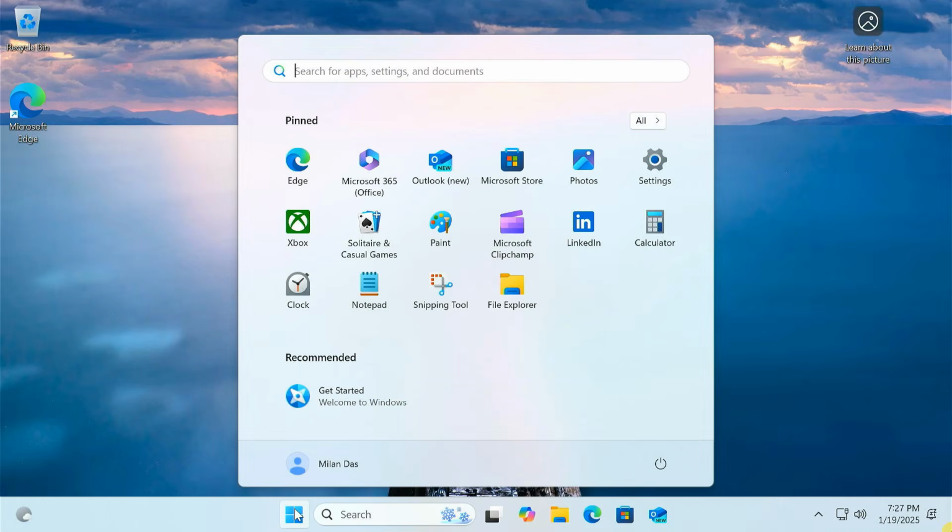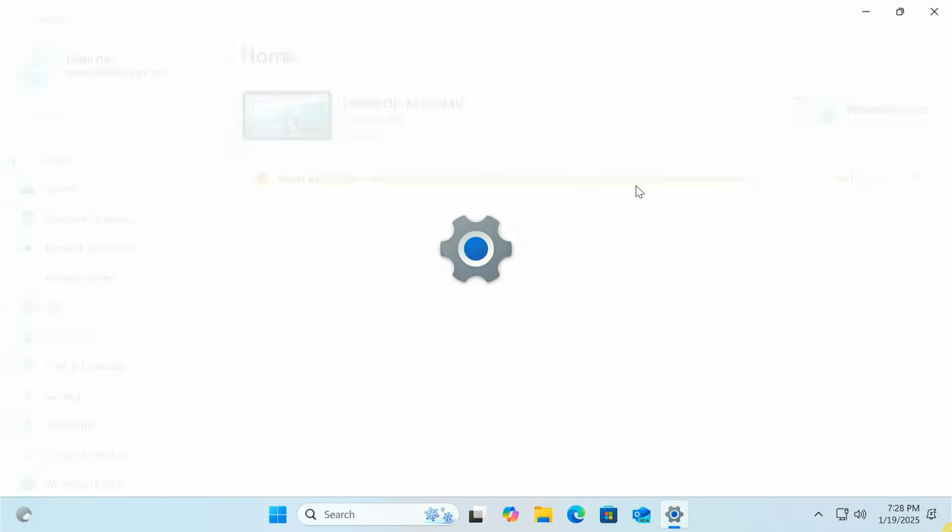Congratulations! You have successfully removed Chrome OS Flex and installed Windows on your computer.